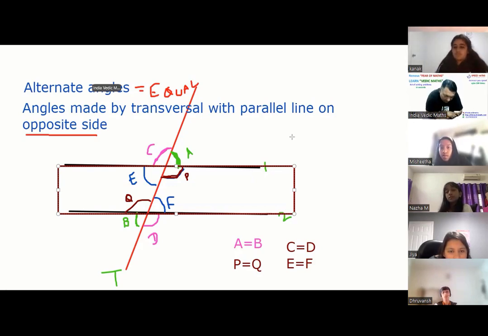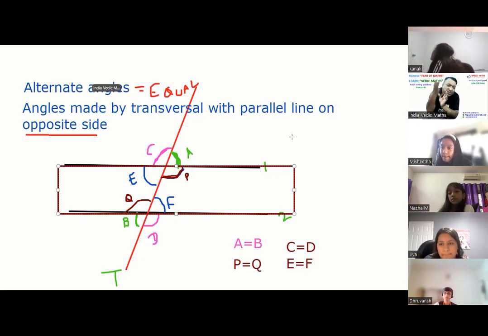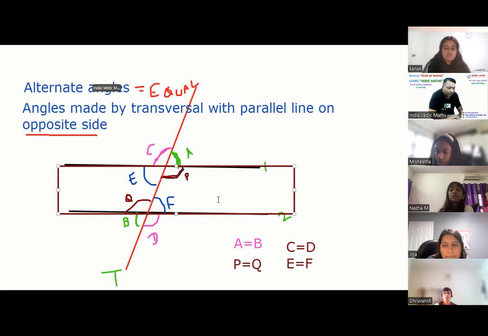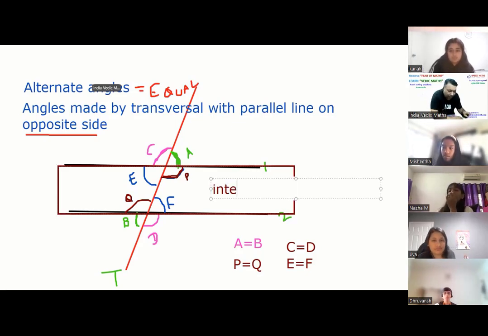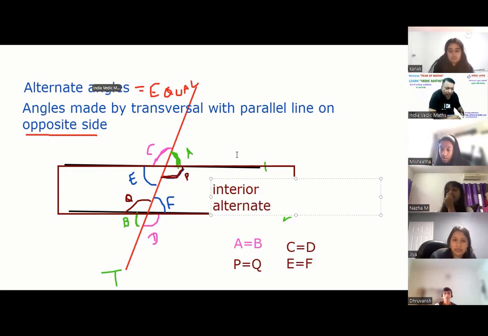Inside, interior alternate. Which angles are outside the box? A, B and C, D. They are alternate, but they are exterior alternate, external alternate. That's the difference. All are alternate, by two different names. Interior alternate, exterior alternate. Cool? Imagine a box. Inside the box, interior alternate. Outside the box, exterior alternate. So let me write it just for you, okay? Guys, interior alternate angles. Outside the box,